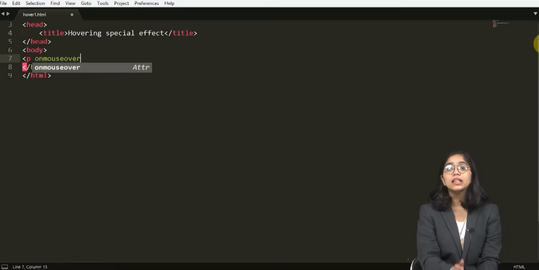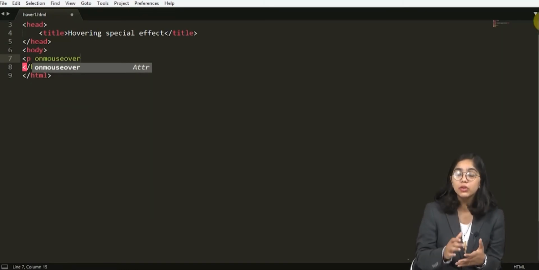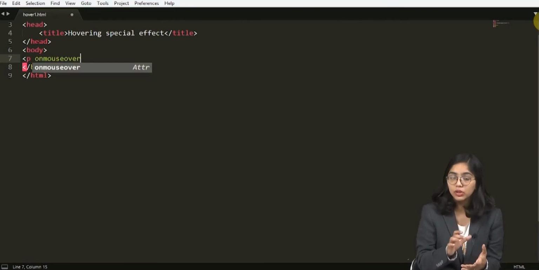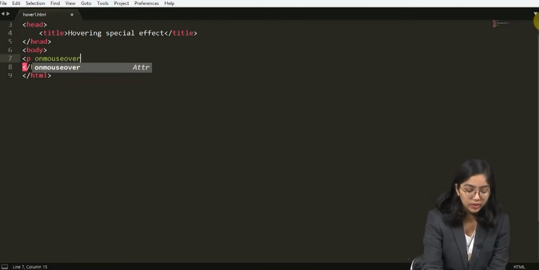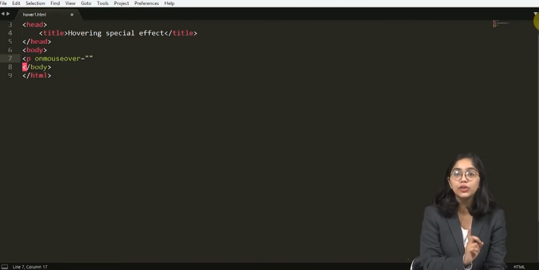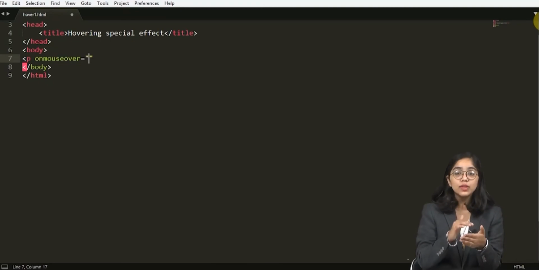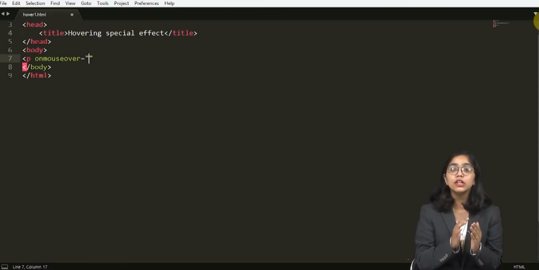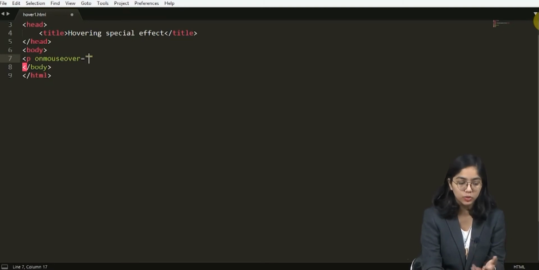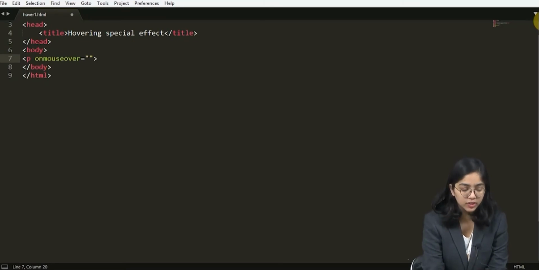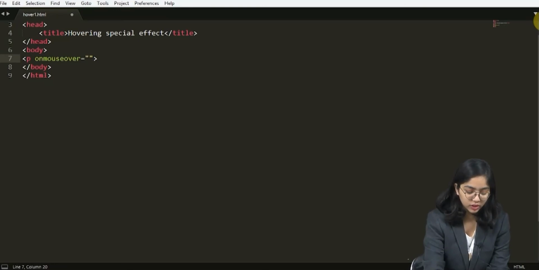Now what does this mean? It means that whenever our mouse arrow is on this particular text, you have to follow these particular instructions. So that gives me equals to, and here I'm going to write the function's name. As soon as the mouse is hovered, this particular function runs. What does the function do? It has the particular instructions which we give to it, which we write as code. So I'm going to put it here as the function, and after this, I am going to enter some text like hover on me.